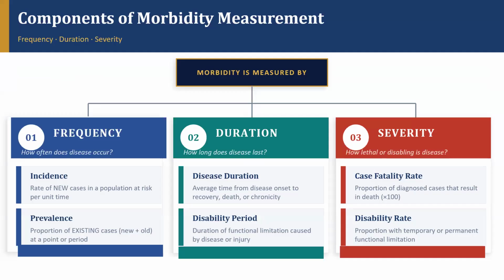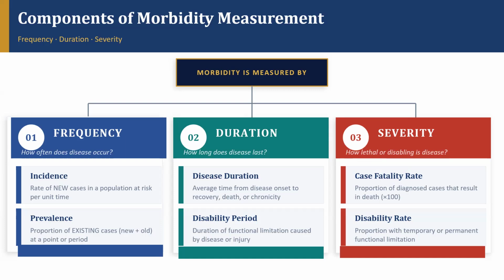Next is measures of morbidity. Morbidity is measured by frequency, duration, and severity. So, frequency: how often does disease occur? And measured by incidence and prevalence. Duration: how long does disease last? In disease duration, average time from disease onset to the recovery, death, and chronicity. And disability period, duration of function limitation caused by disease or injury. And number three is severity: how lethal or disabling the disease is, which can be measured by case fatality rate